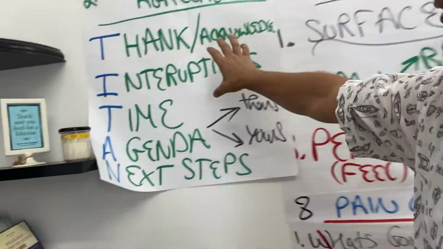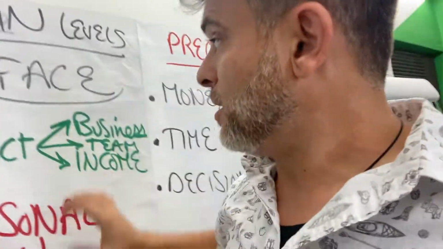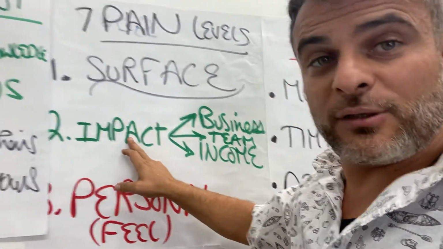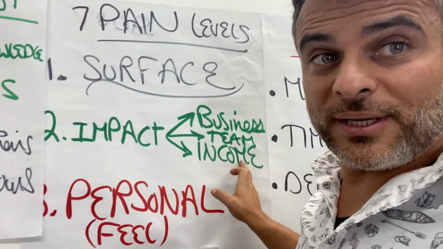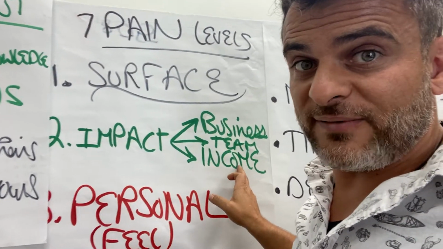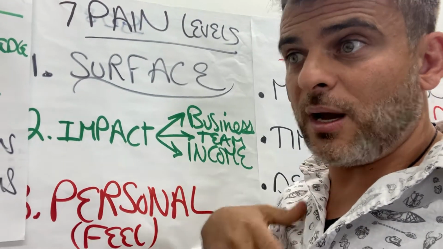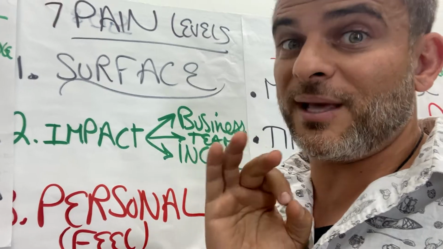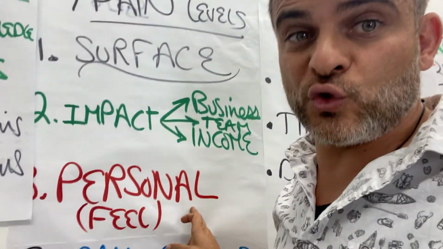So after you do step number two, you want to go into step number three, which is the pain, okay? You want to talk about pain points. So in the pain, you want to cover the surface pain, the impact of that surface pain on the business, on the team, and on the numbers, on the income, how much that's affecting the bottom line. So you're going to convert the pain from a surface one like downtime to how much money that's costing them. That's very important, okay?